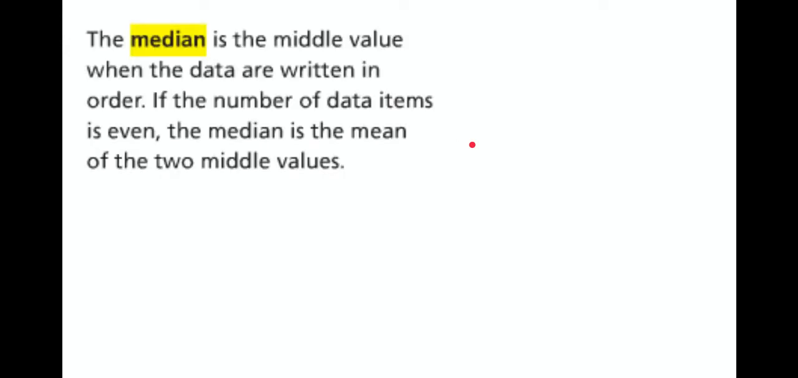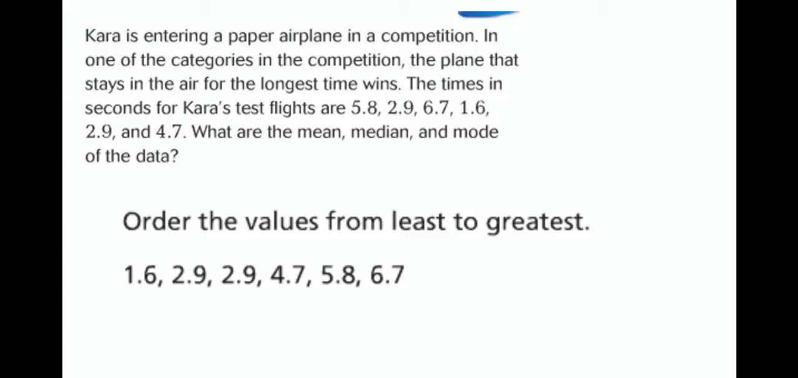The first one is median, and median is the middle value when the data are written in order. If the number of data items is even, the median is the mean of the two middle values. So we'll make sense of this last sentence as we go on. What I want you to remember is median is the middle value. It's kind of easy to remember because they both have D's in them, and the D's are kind of in the middle. And the first step in finding the middle is to put them in order from smallest to biggest,